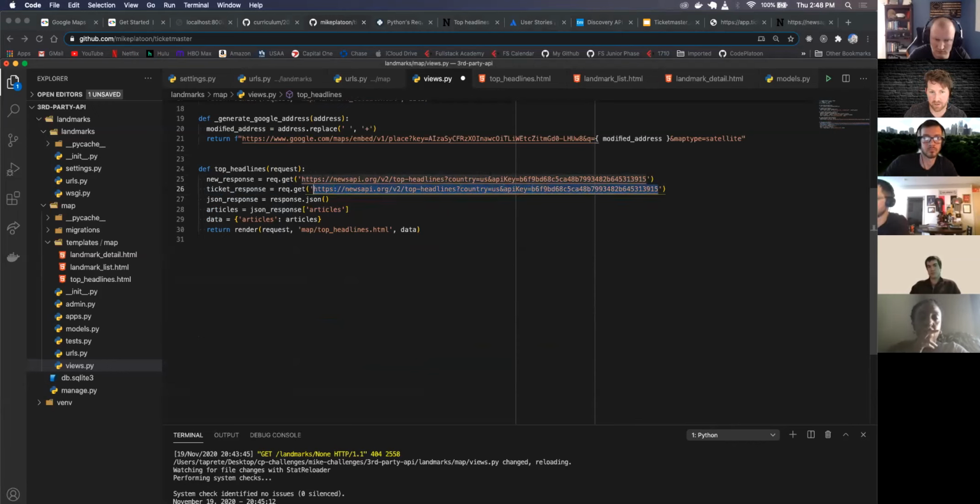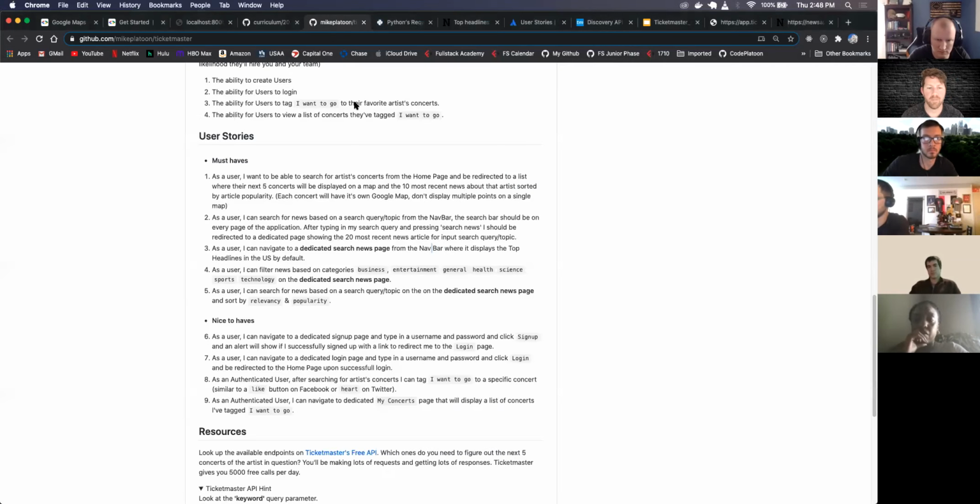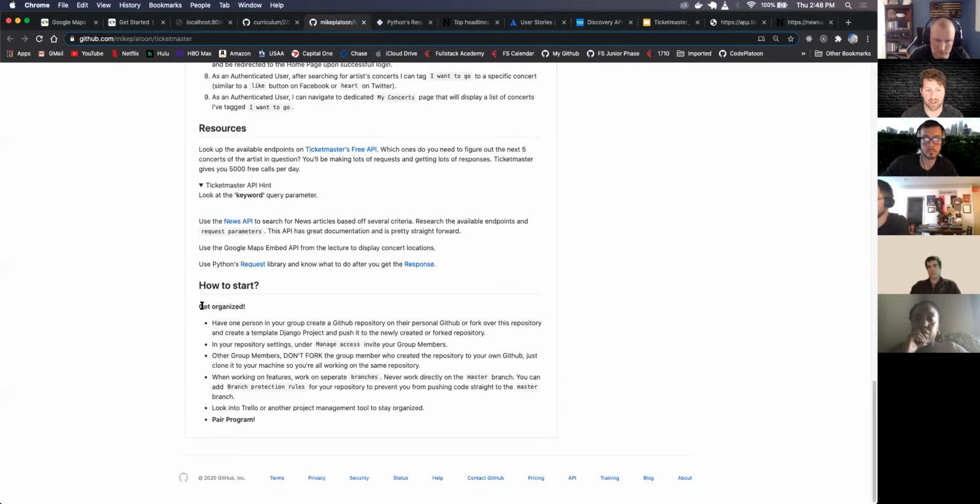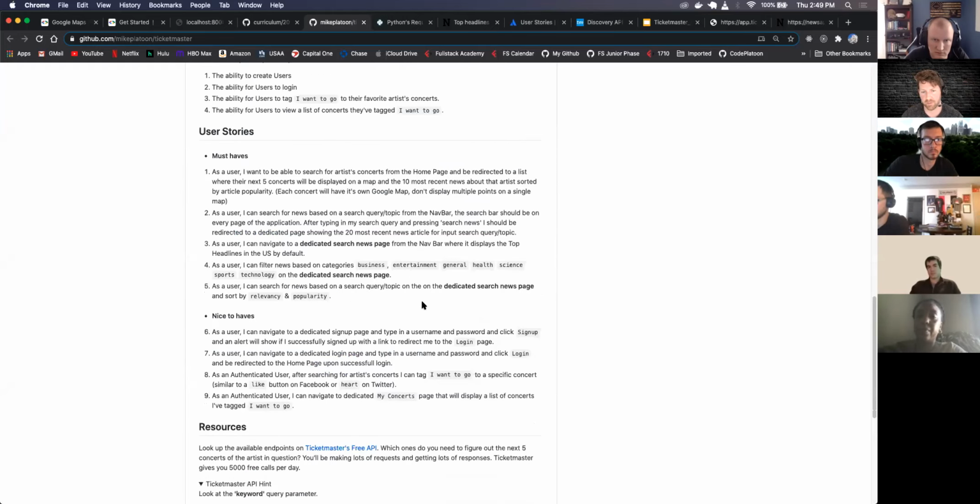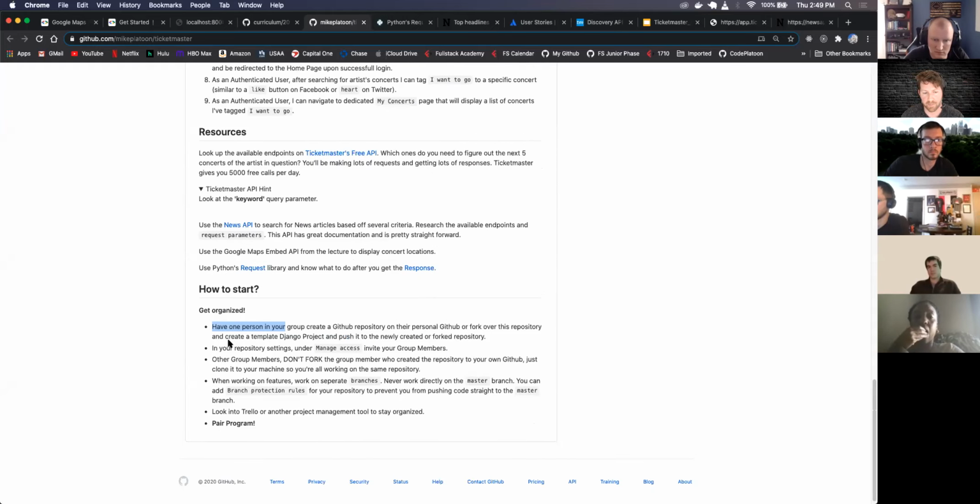Hey, Tom, are we doing a Git repo and adding collaborators and all of that? Yep. So, to get started and get organized, just have one person in your group create a GitHub repository on their personal GitHub, or they can just fork this over to them,